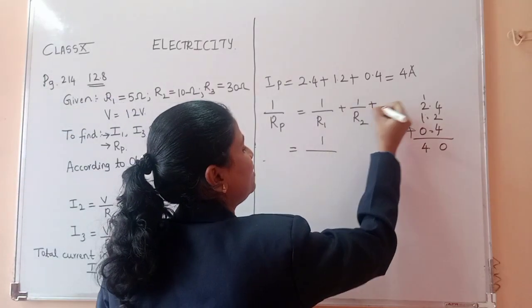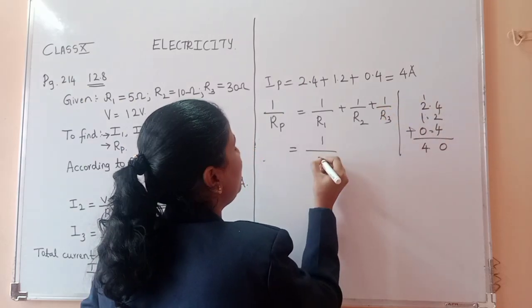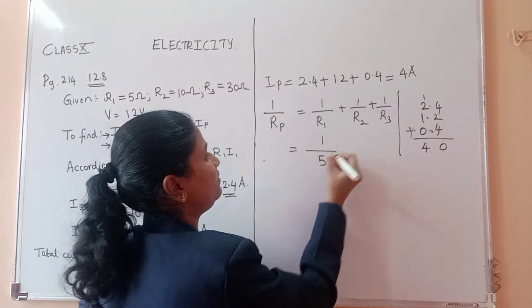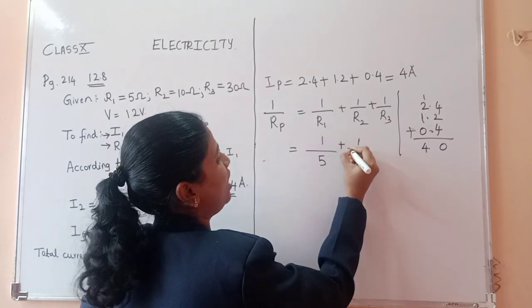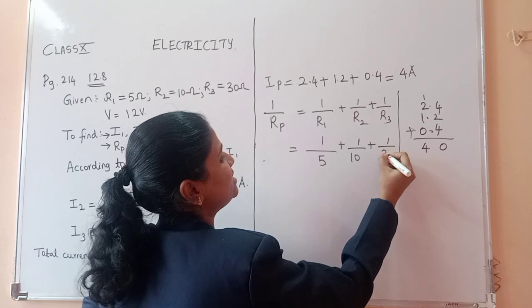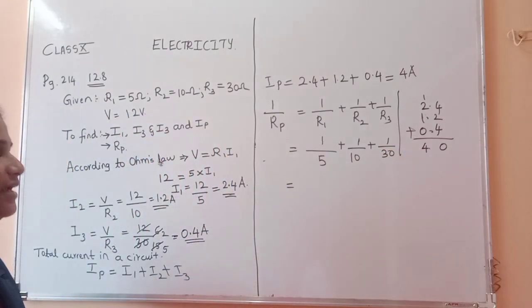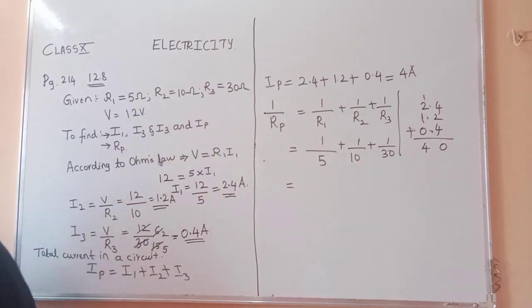So we will write, this is a different one, 1 by R3. 1 by R1, R1 is 5, plus 1 by R2, R2 is 1 by 10, 1 by R3, R3 is 1 by 30. Okay, 1 by 5, 1 by 10, 1 by 30. So when you take the LCM of it,